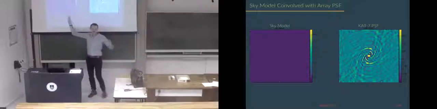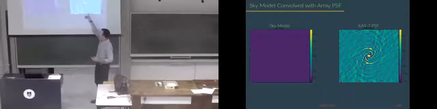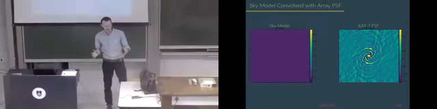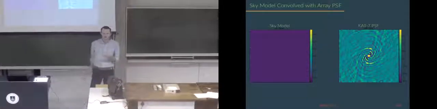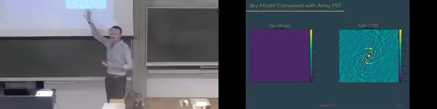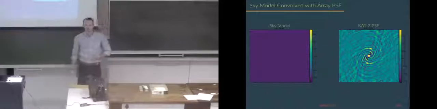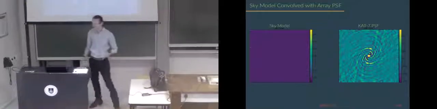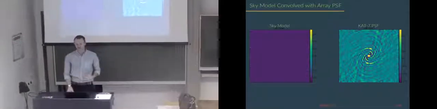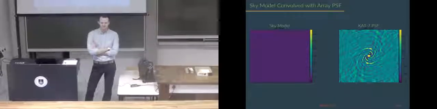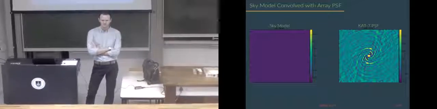So this is the real sky, let's say. But this is the PSF because we have some array layout of some number of antennas that aren't quite sampling the visibilities completely. They have some bandwidth, they have some declination, right? Some length of time we're observing for it to produce this structure. So this is all instrumental. It's an attempt to remove the instrumental effects and get back to what we're really interested in. Yeah. So the deconvolution is now you want to take away, you want to get the real sky.